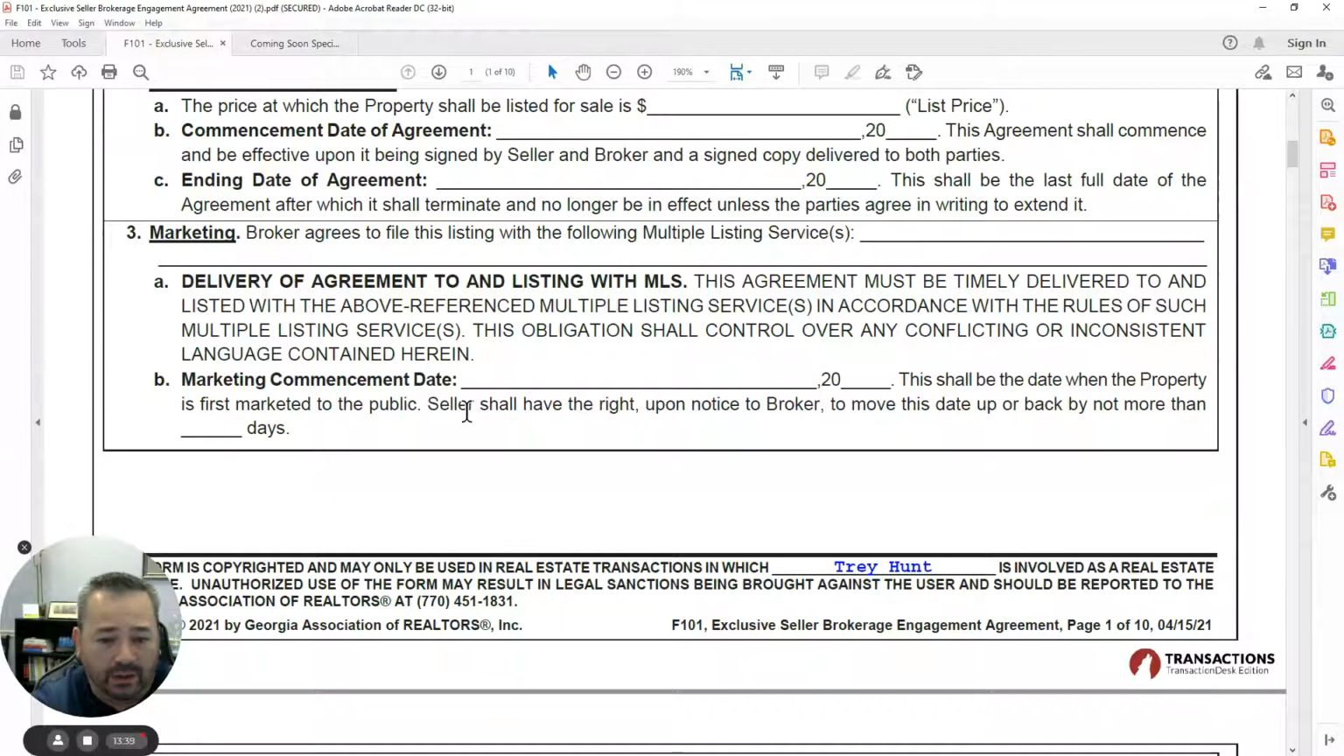A couple other little things that are stuck in here right in this one little paragraph is you have to understand that our agreement with the MLS system, and this paragraph 3A says that we're going to follow the rules of our MLS. Our MLS agreement says that we will have the property in the MLS system within 24 hours of this marketing commencement date, 1 business day. Okay, and we are here in this paragraph